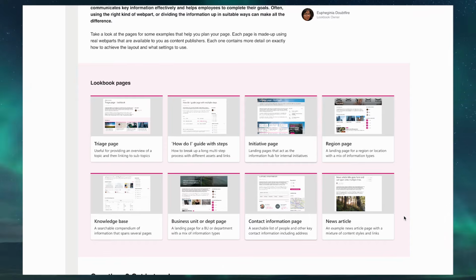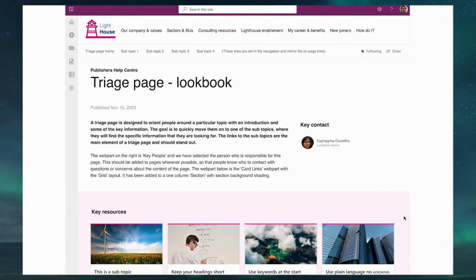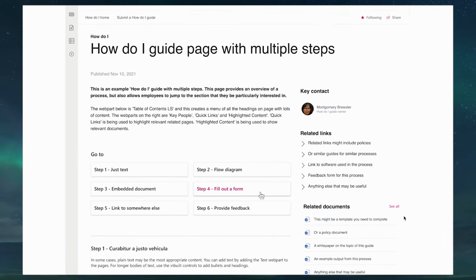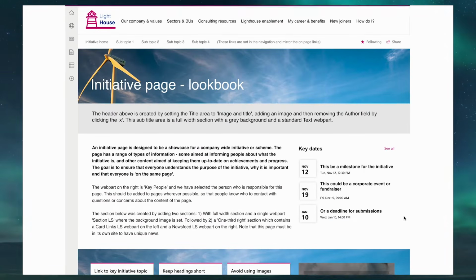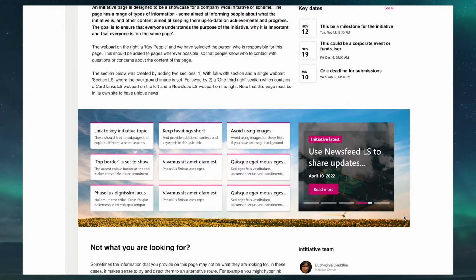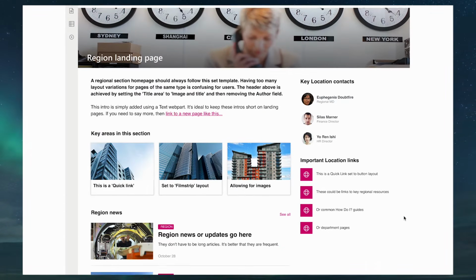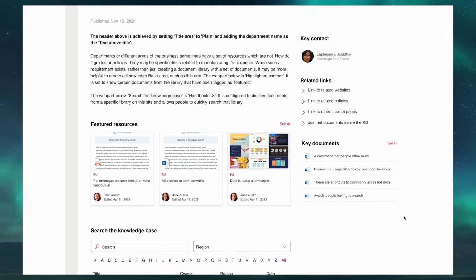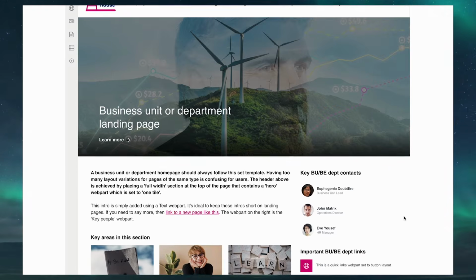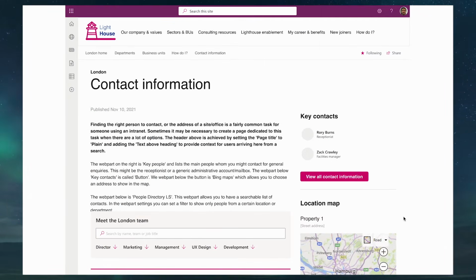Intranets are made up of many different types of page. The home page, department landing pages, search pages, news articles, content pages, and so on. One mistake that many organizations make is they have just too many variations in the way these pages are presented, often because content ownership is distributed to lots of different people, and they usually have inconsistent training. This patchwork quilt dramatically harms the experience of your employees because they constantly have to relearn the interfaces, and it makes finding information more difficult.